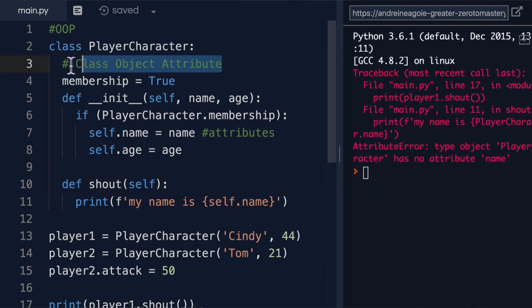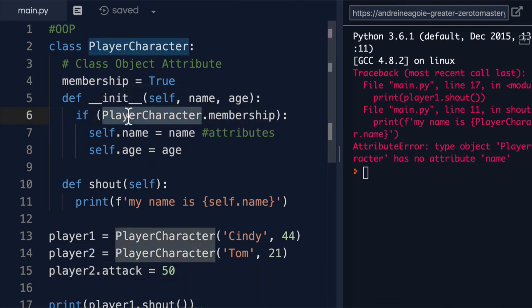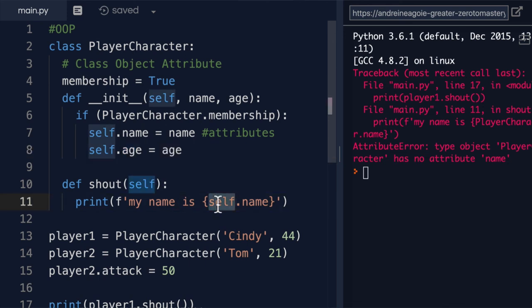A class object attribute is something that doesn't change across different instances, versus an attribute or a class attribute is something that is dynamic and specific to each class object. The way we access them is different, where we can actually access membership like this, but in order for us to access a name or age anywhere inside of our class, we have to use the self.name,